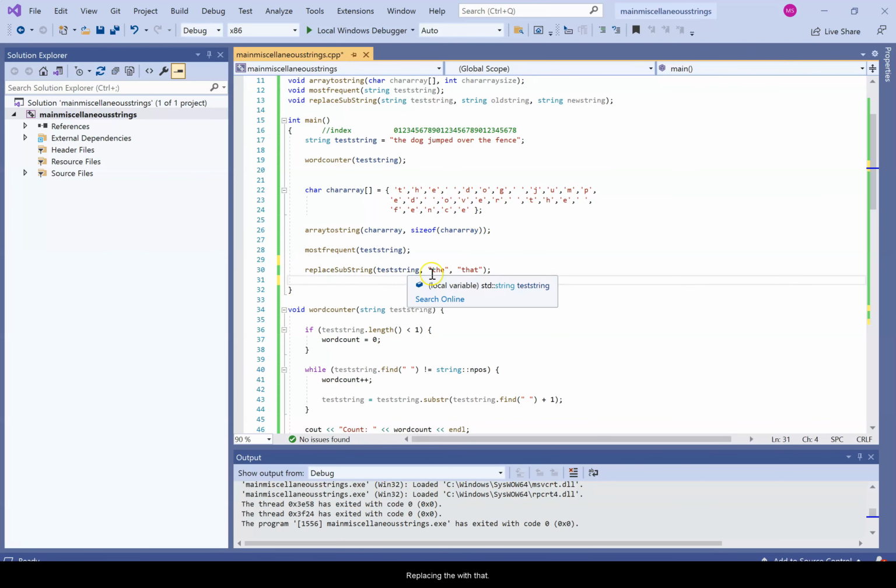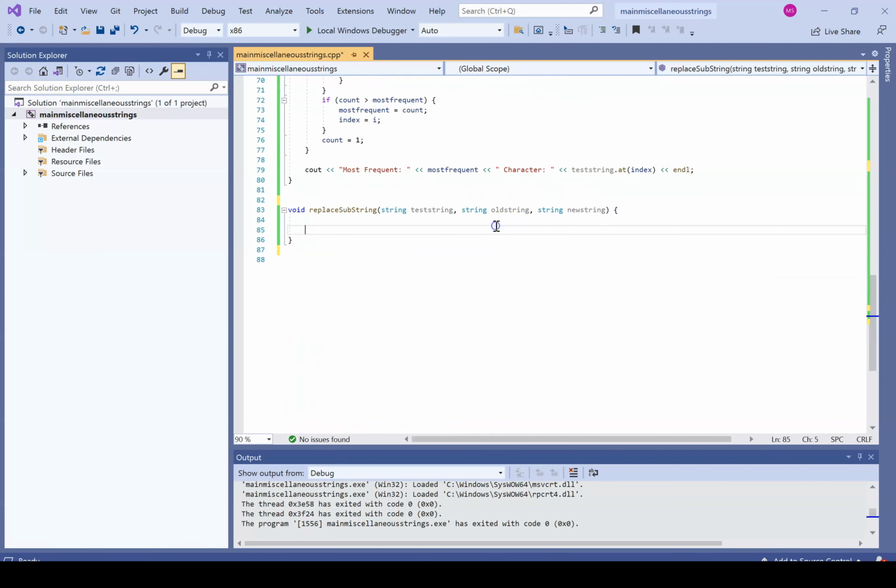So replacing the with that. So we'll do a cout at the end. I think, what do we call this? New string. So the new string that displays